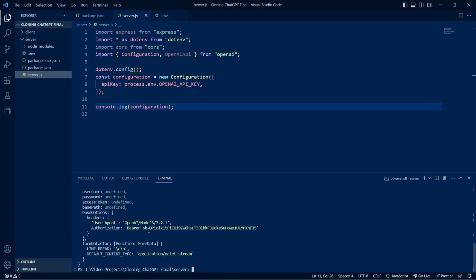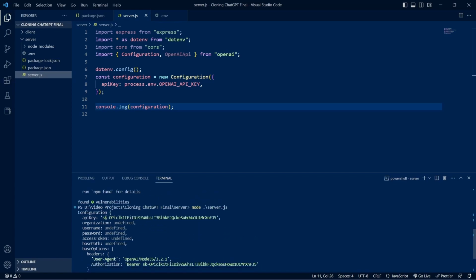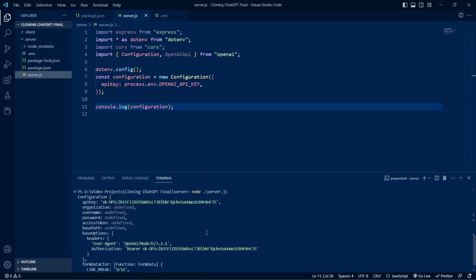Yeah, so this is printing something. Configuration is printing our API key and a bunch of other values, so it means this is working fine. So now that we have set up our API key, let's create an instance of it. So const